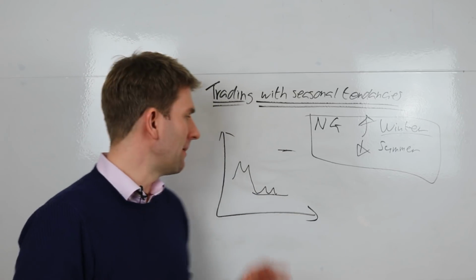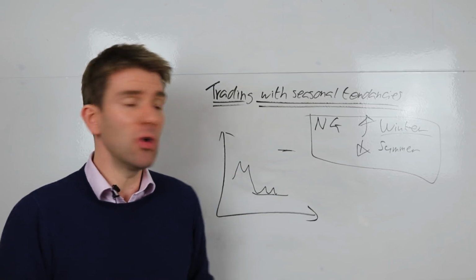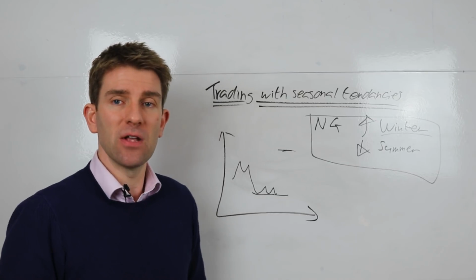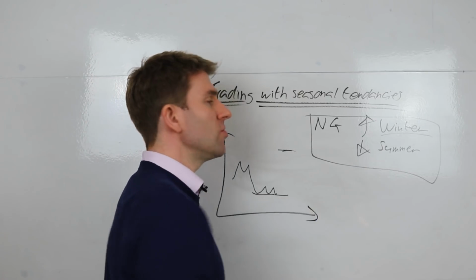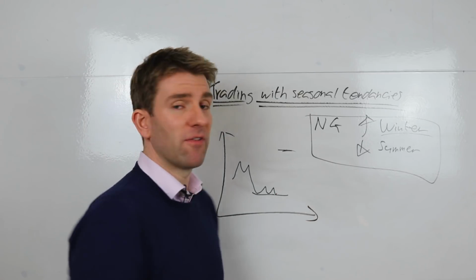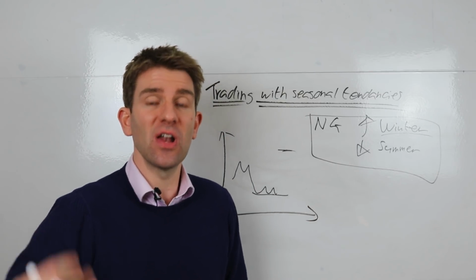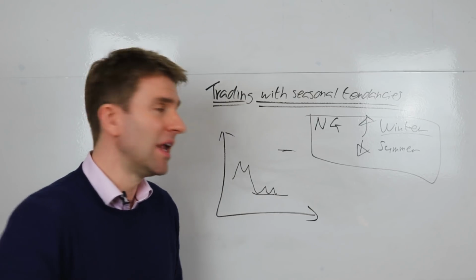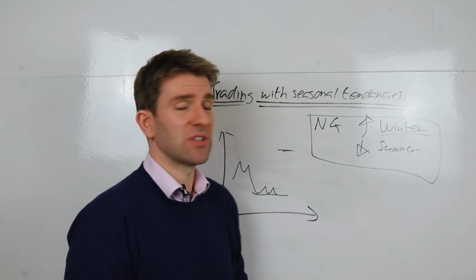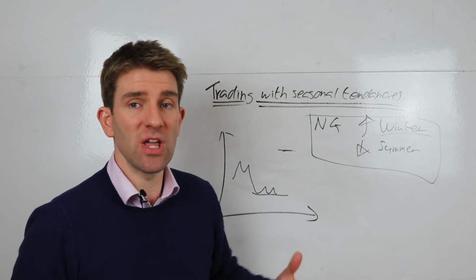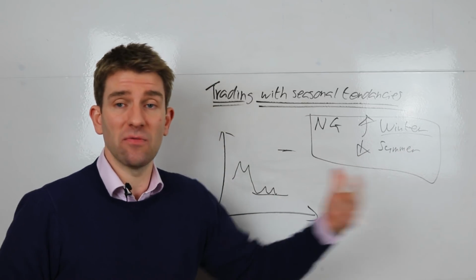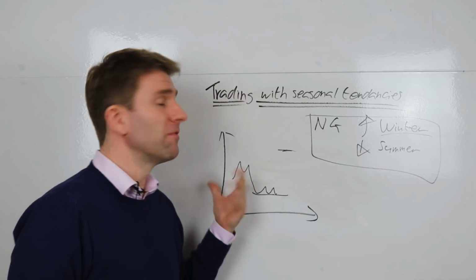I won't just go out and blindly buy because, as you know, things could fall through the floor before they go back up, and you can't manage the risk, so it's very difficult to do that. Whereas if you're biased to one direction, and you say, I'm not going to look for shorts, I'm only going to look for longs if they set up, and you're very clear and specific about what you're looking for, then this just adds extra weight, because there's obviously some historical tendency for it. You may as well utilize it. If it is going to rally up 5%, and I can find a good long, I may as well take it.